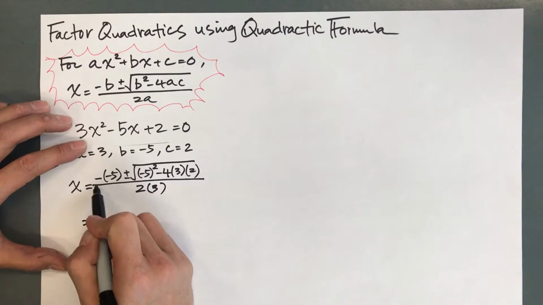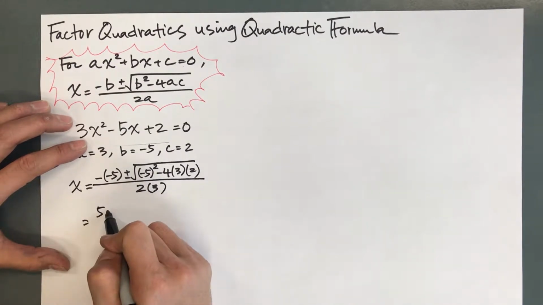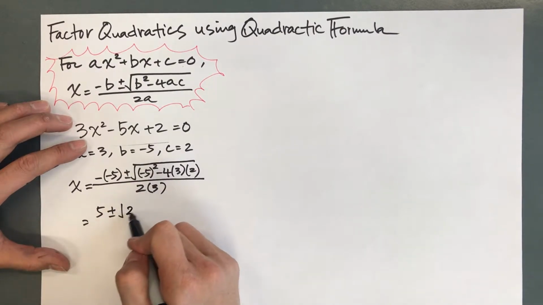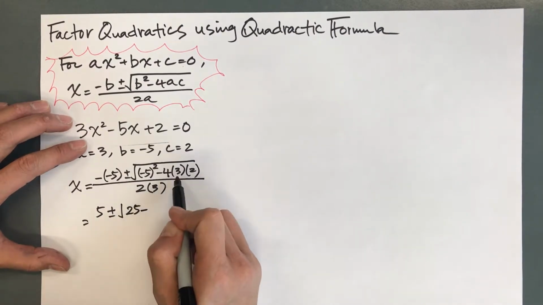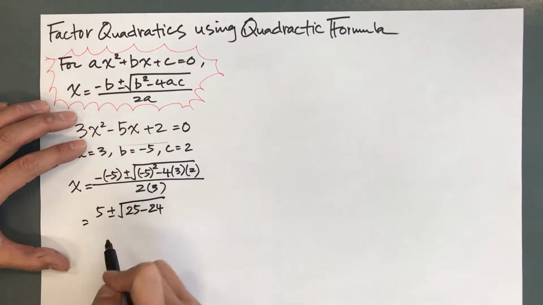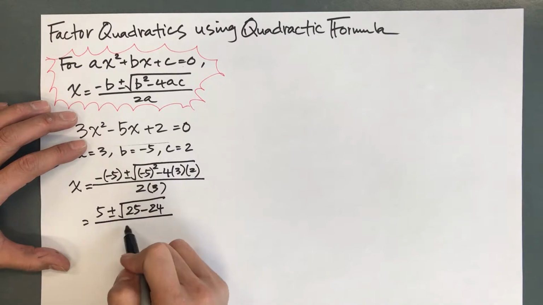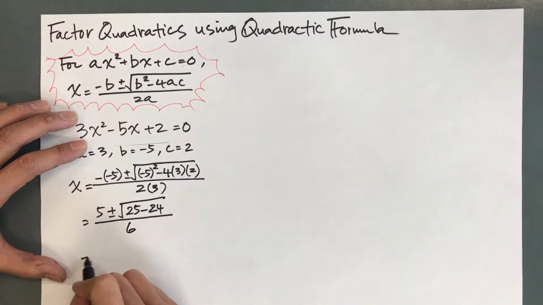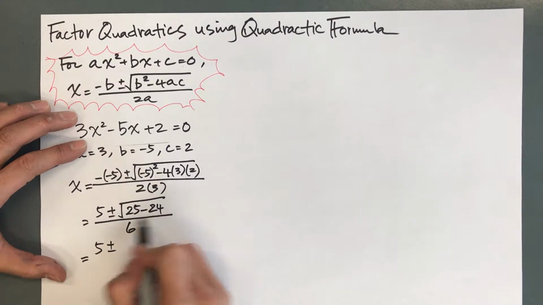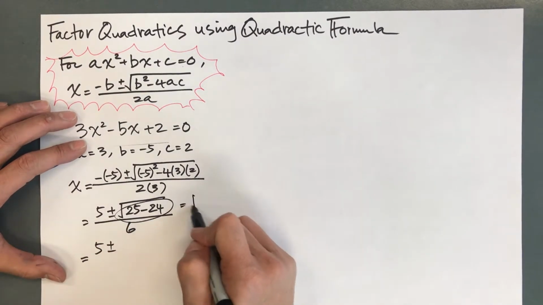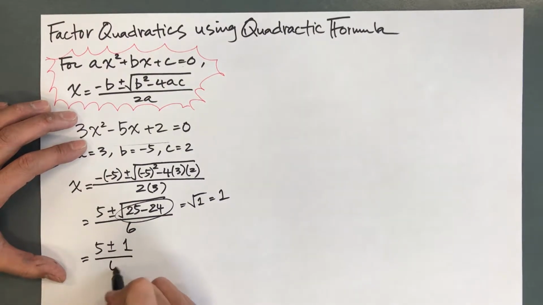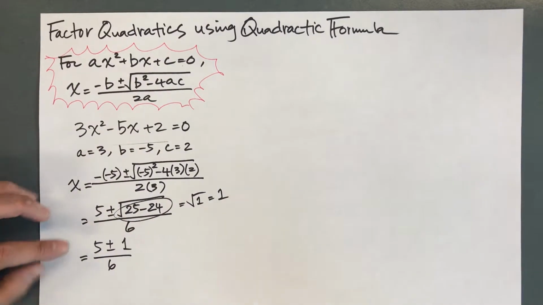Now we get negative negative 5 is 5, plus or minus the square root of negative 5 squared is 25, minus 4 times 3 times 2 is 24, all over 2 times 3, which is 6. Now we have 5 plus or minus the square root of 1, right? The square root of 1 is 1. But it's not the end